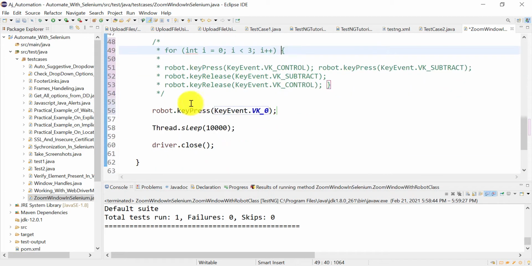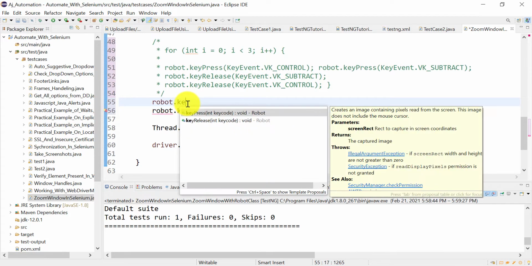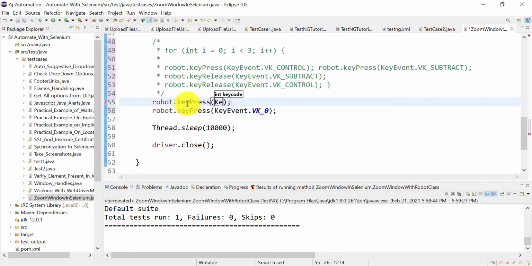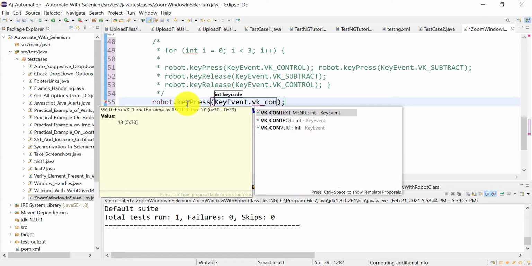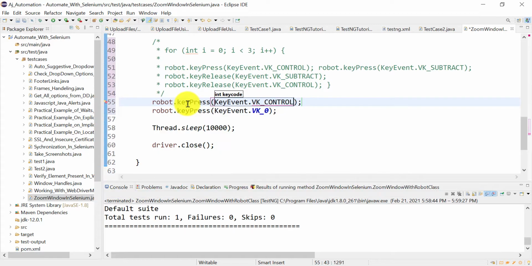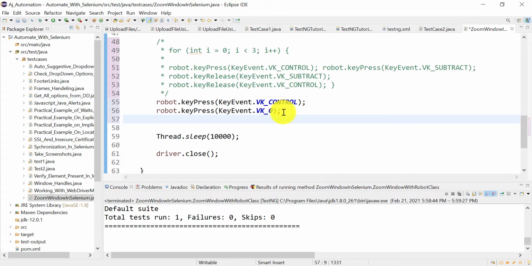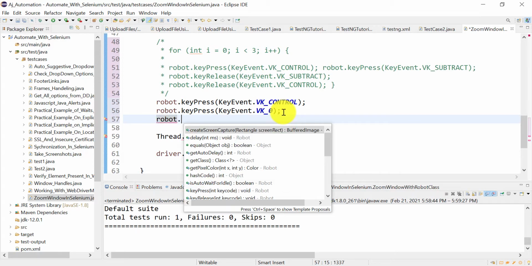We need to press the control first. Robot dot keyPress, KeyEvent dot VK underscore CONTROL. So control and control plus 0, it should come to 100%, and then we will release both the keys. So we need to do key release.